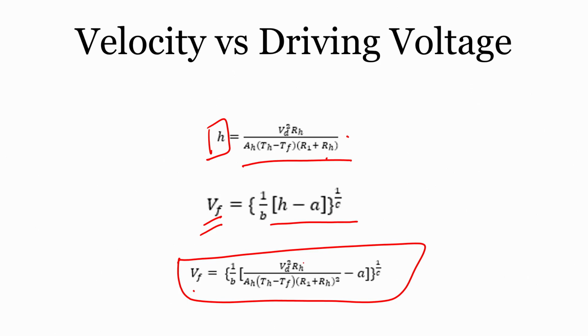in terms of the heater resistance, the driving voltage, the sensor cross section area, the temperature of the heater, the temperature of the fluid, and the resistance across the bridge. These calibration constants can be determined from an experiment beforehand, either using a pitot tube or any other anemometer principle, where you know the volumetric flow, so that you know Q and V, and from there you get the values of A, B and C.